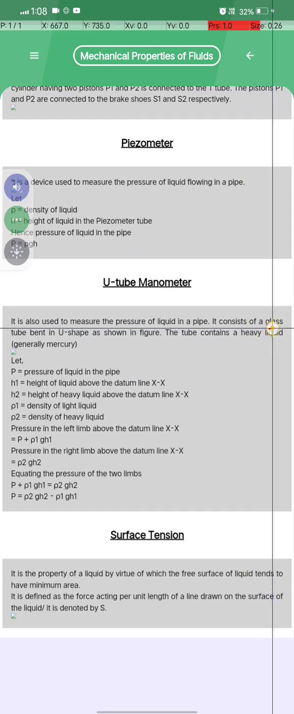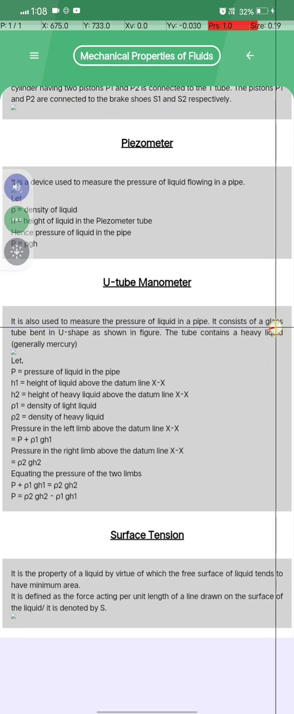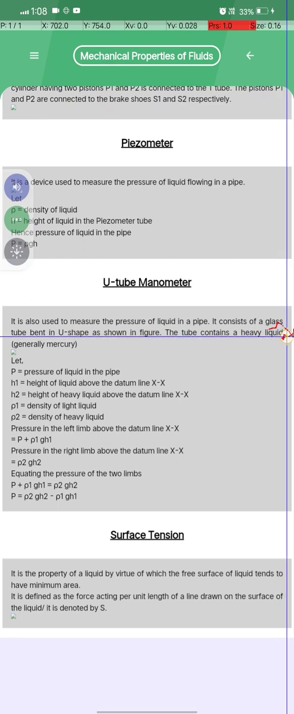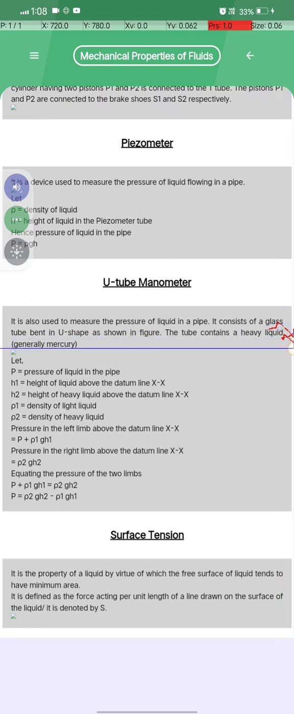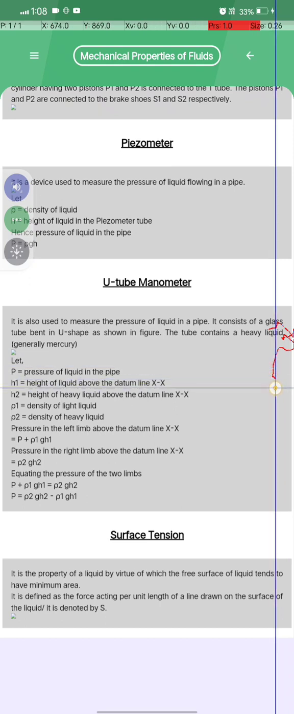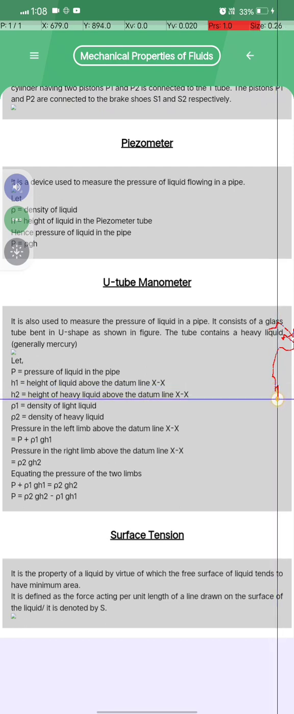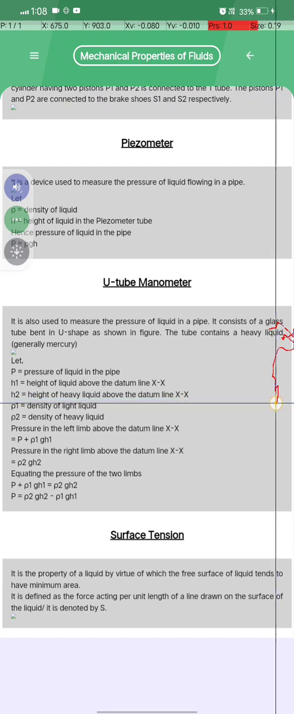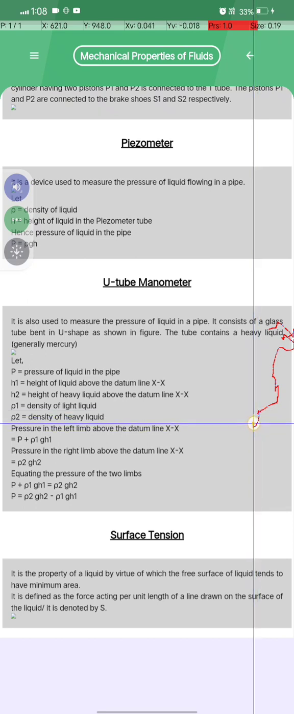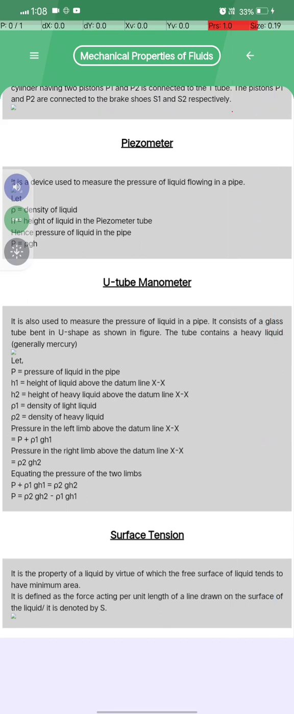It is also used to measure the pressure of liquid in a pipe, and it consists of a glass tube bent U-shaped as in the figure. The U-tube contains a heavy liquid, and generally let P be equal to the pressure of liquid in the pipe, h1 equal to height of light liquid above the datum line X-X, h2 equal to height of heavy liquid above the datum line X-X, ρ1 equal to density of the light liquid, ρ2 equal to density of heavy liquid, and pressure in the left limb. Okay,